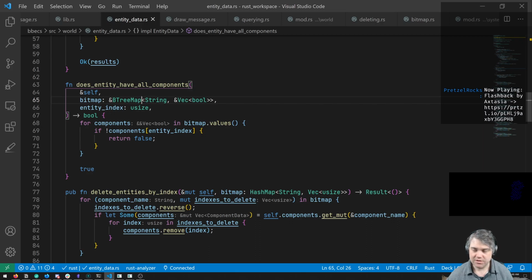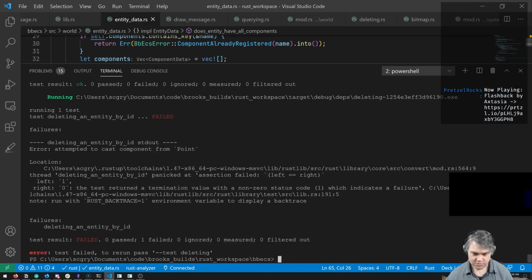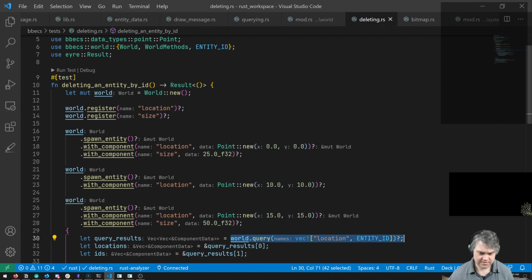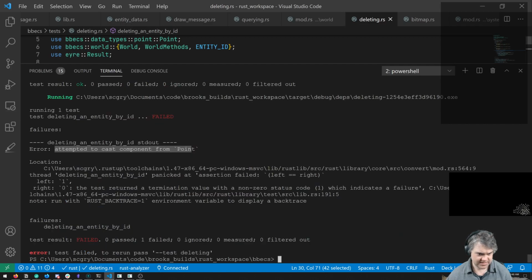All right, so what is our attempting to cast component from point? This is in deleting entity by ID.